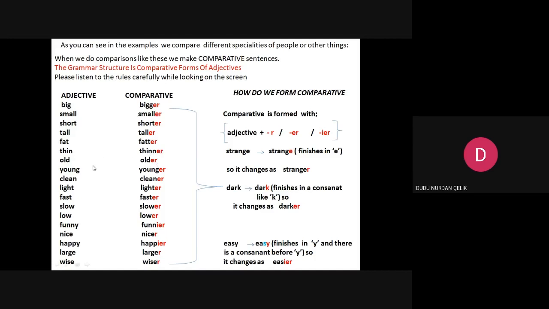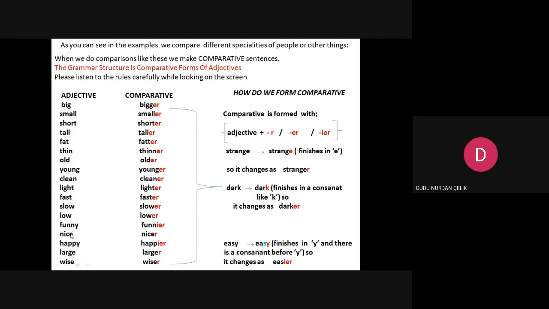Old, older. Young, younger. Clean, cleaner. Light, lighter. Fast, faster. Slow, slower. Low, lower. Funny, it finishes with Y, and there's an N here. It's a consonant. We omit Y and put IER here.